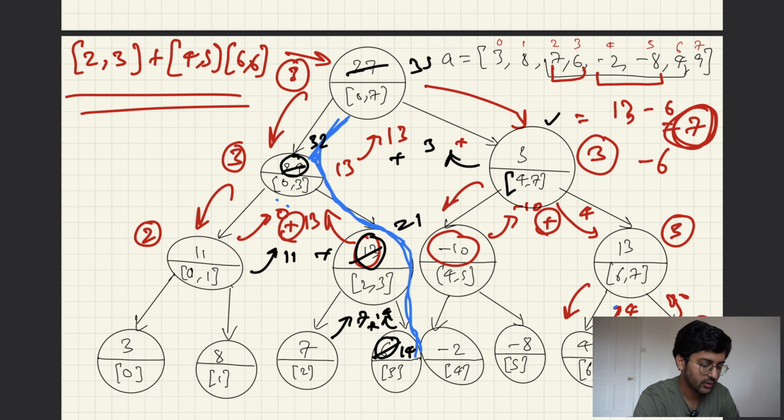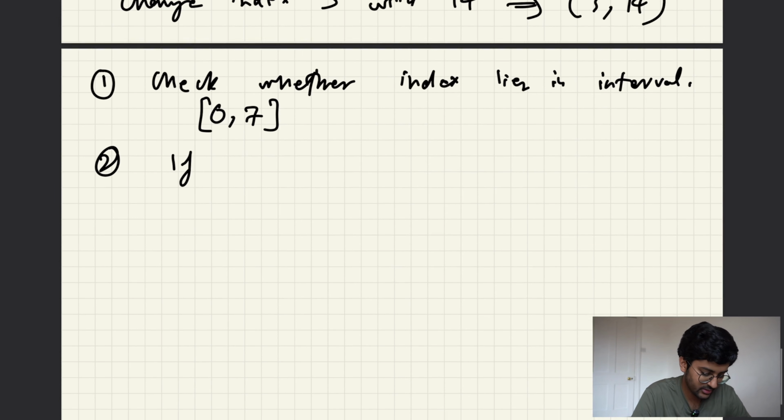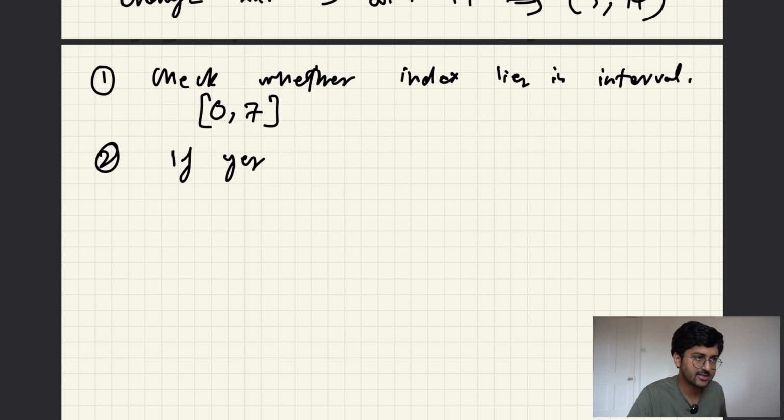Very simple. Okay. I did a dry run of the example twice. I did a dry run of update also. I think update should be pretty clear. I explained the steps also. I will write down steps. If yes, okay, then